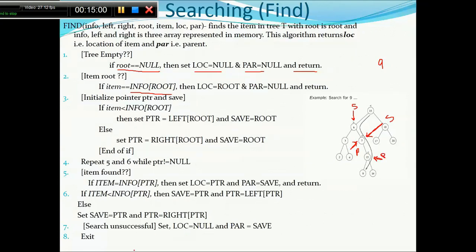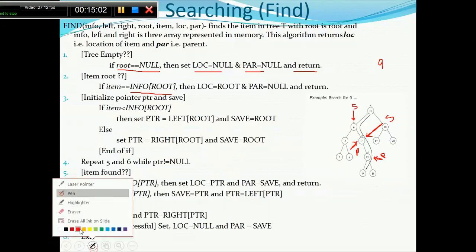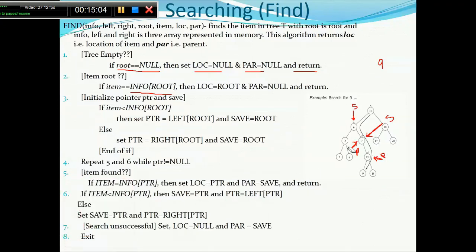Okay, again I will try. Let me delete the old pointer now. P stands for PTR, S stands for save. Now the current value is 13, so PTR is not equal to null. Is the item equal to the information of PTR?